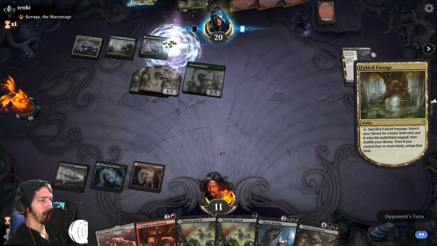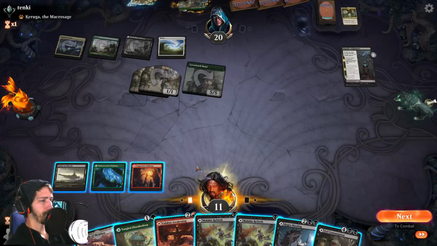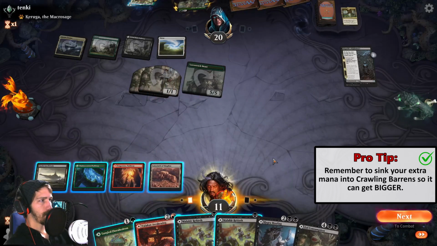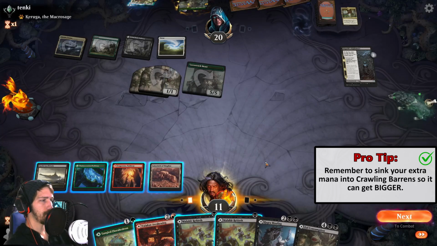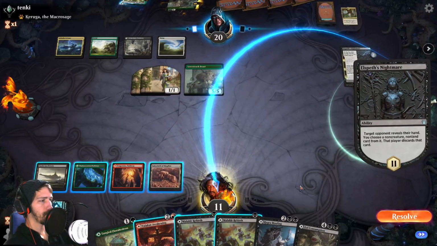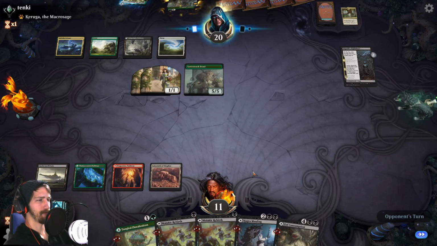A little Elspeth's Nightmare action. Tangled Florahedron. So this, I can remove the Lovestruck Beast, but we can't play anything else down. They're going to take a card from our hand. Probably Hagra. I think negating the 5 damage is our best course of action. They should take Hagra here. You think they just realized that we're playing an only land deck? They take the